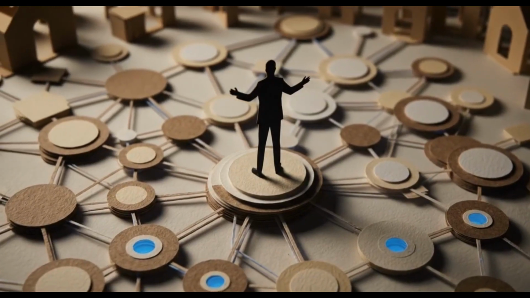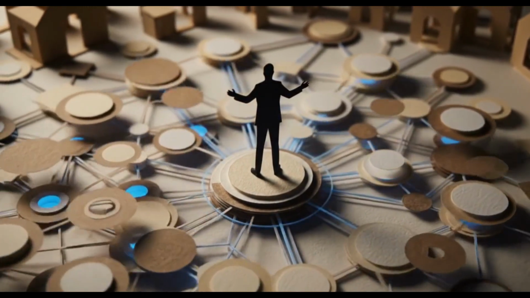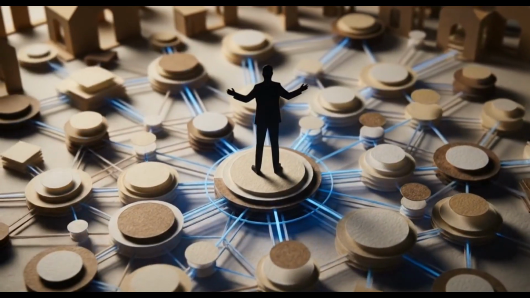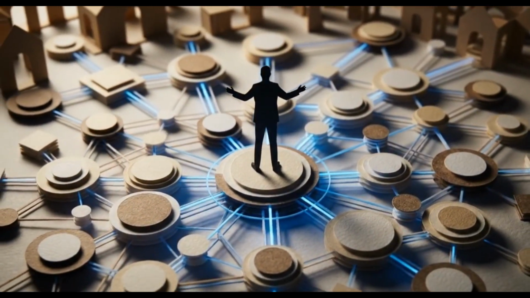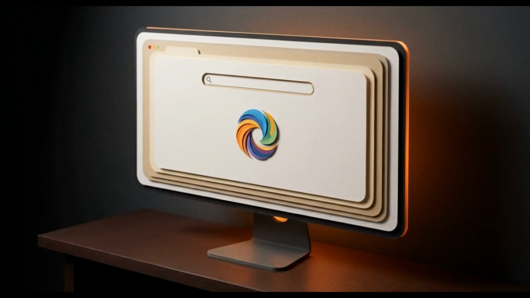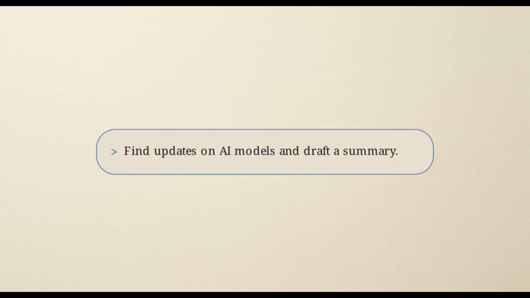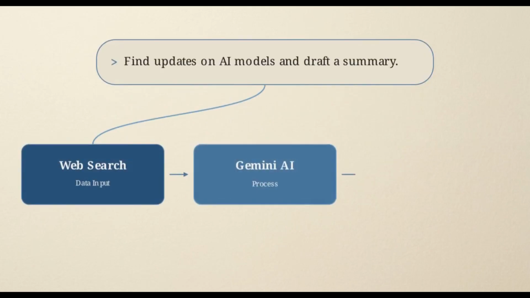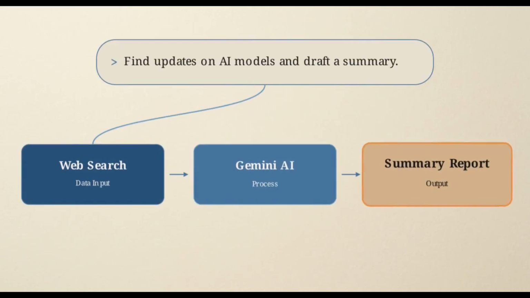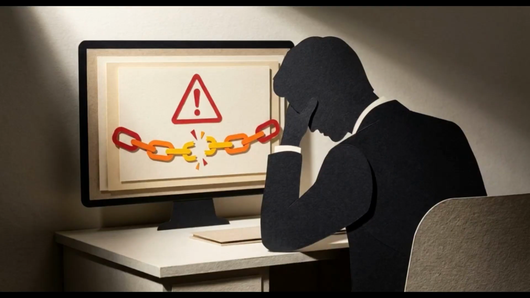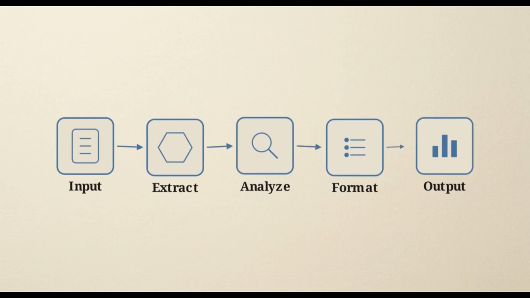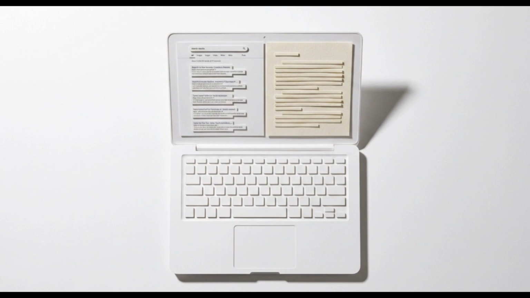With Google's new Opal AI, a single project manager can now automate core operational workflows that used to require constant manual oversight. Google Opal is an experimental platform from Google Labs. You simply type in plain English, and it automatically constructs a multi-step AI application tailored to your specific process. Instead of wrestling with standard chatbots that break down on complex tasks, you get a visual, automated pipeline without writing a single line of code. We are about to build an automation that actively searches the web and writes your reports.